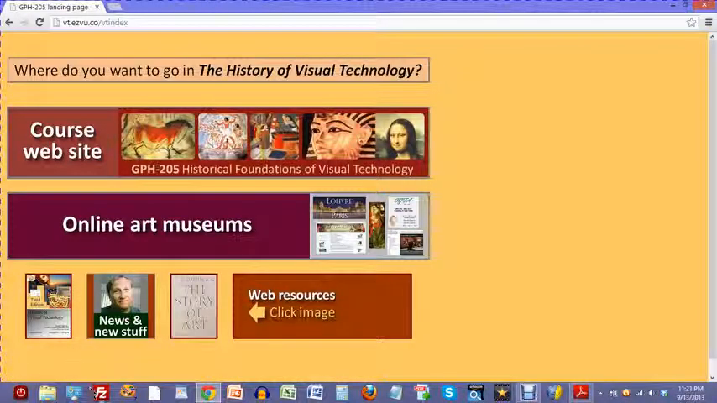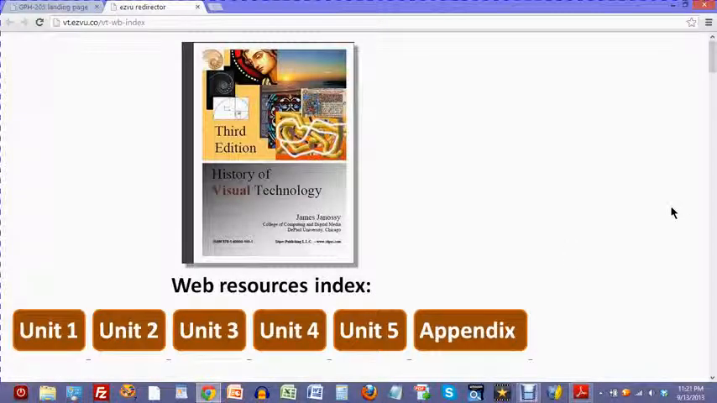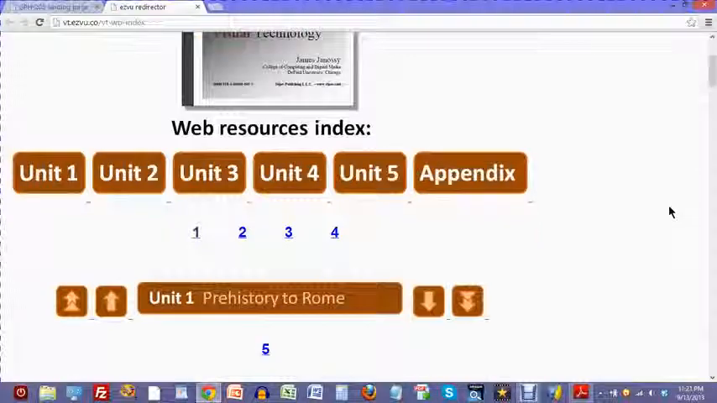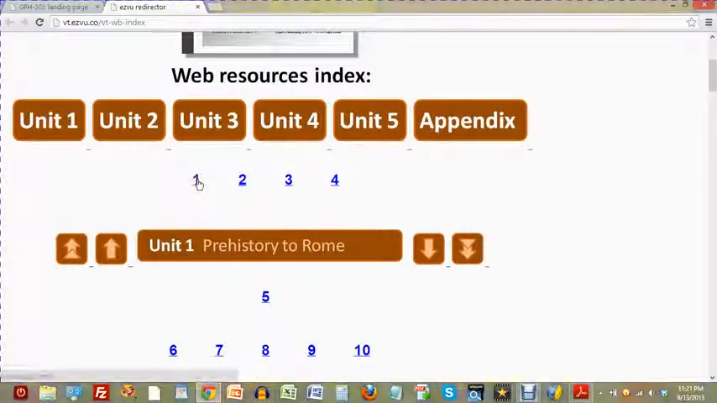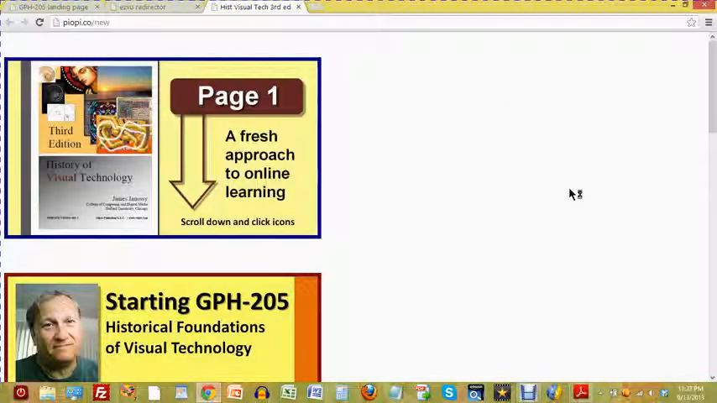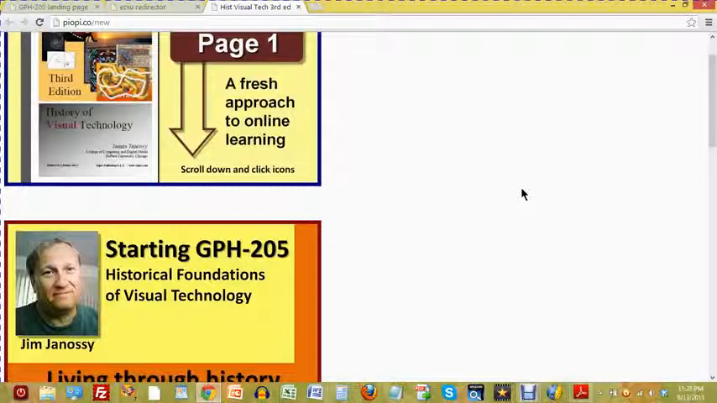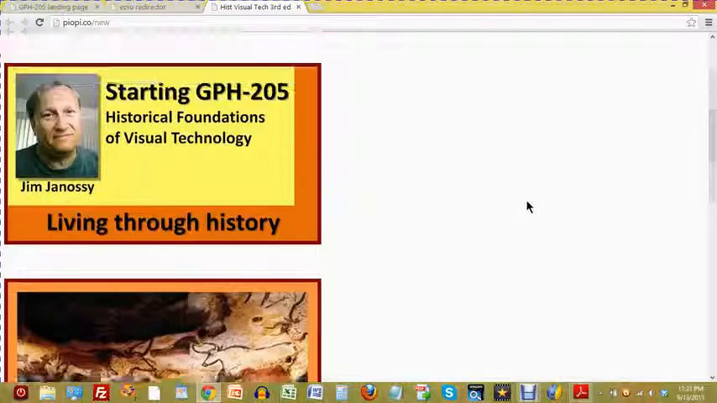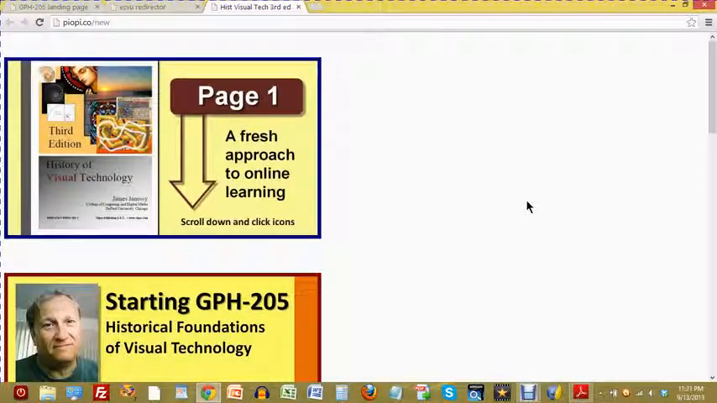Here's the landing page. The cover of the workbook is the icon for this web resources index. And here's page number 1. If I click it, I go to the web resources for page number 1. I'm moving to this format for all of these links. In some cases, I haven't updated some of the links, but let's show you what's in mind for this type